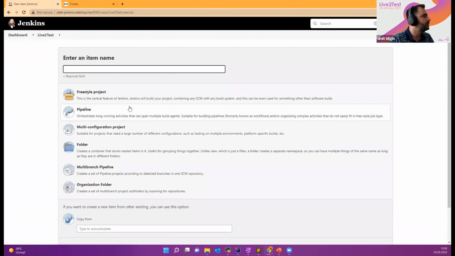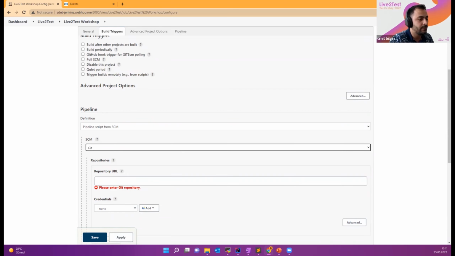I have already defined our remote repository here. Sorry, I need to define it now. I copy and paste the repository URL. And I have set credentials. I'm going to use my own credential. And as you see, there's no error. Connection is working fine. And the branch I'm going to use is Live2Test, the branch that Alexei has already committed his code to. And lastly, we need to also give the path of the Jenkinsfile in the source code. So the name is UI-suite.jenkinsfile.